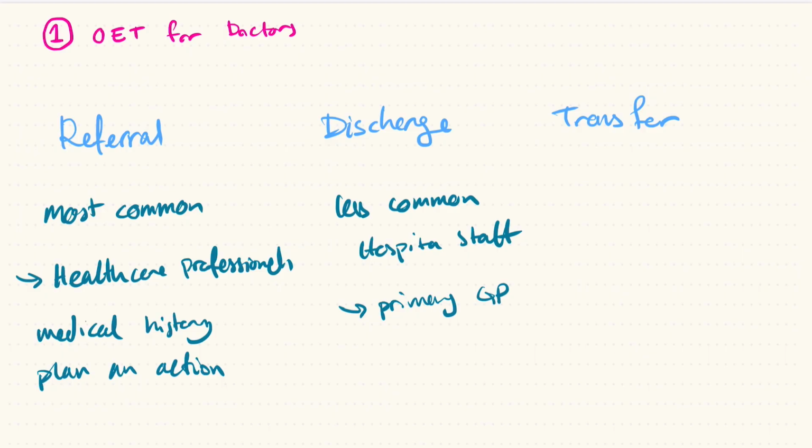And so the person that receives the letter already knows about the patient's condition. So the information that you are providing is the reason for admission in the hospital or the healthcare facility to begin with, and then